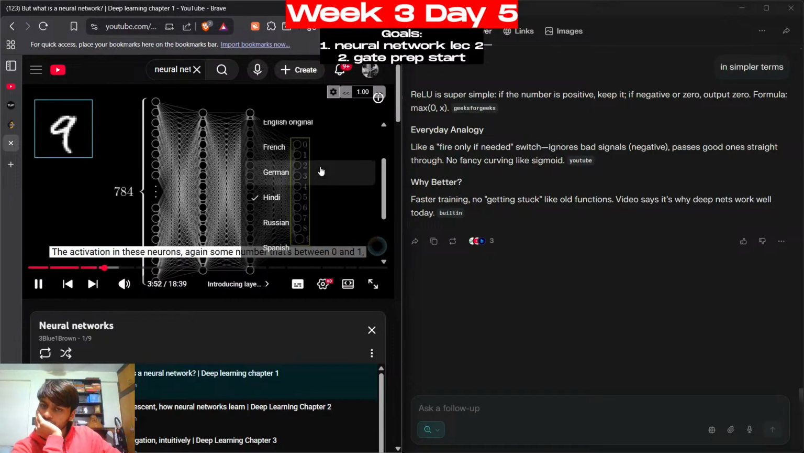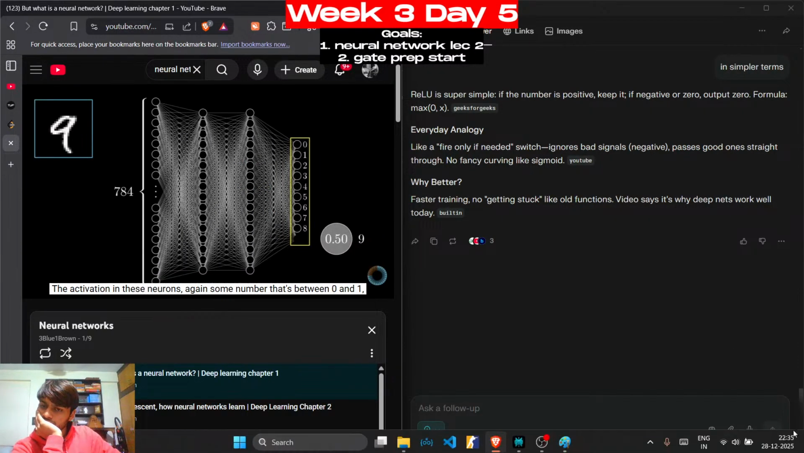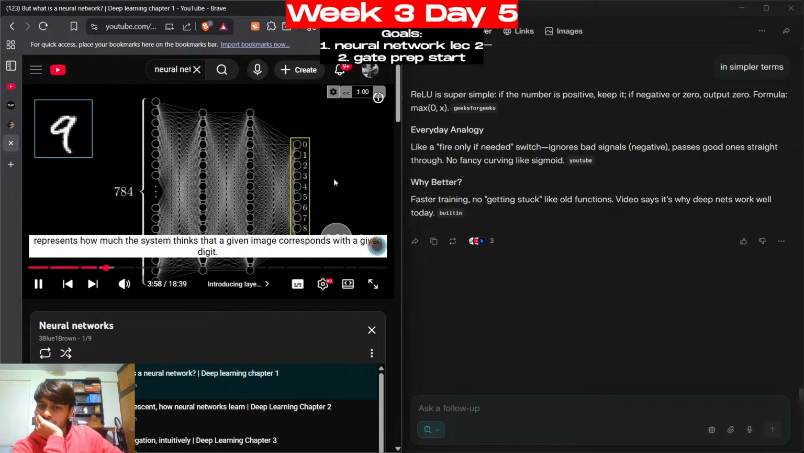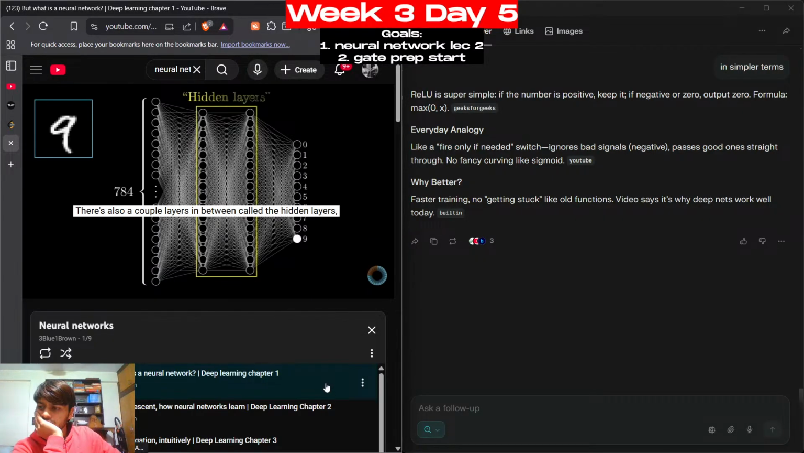Neurons, again, some number that's between 0 and 1, represents how much the system thinks that a given image corresponds with a given digit. There's also a couple layers in between, called the hidden layers, which, for the time being, should just be a giant question mark for how on earth this process of